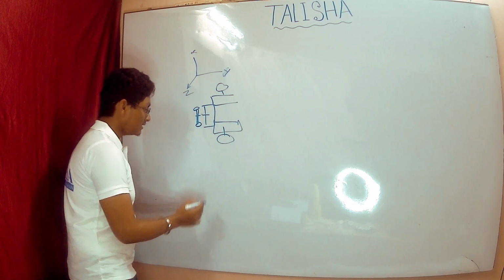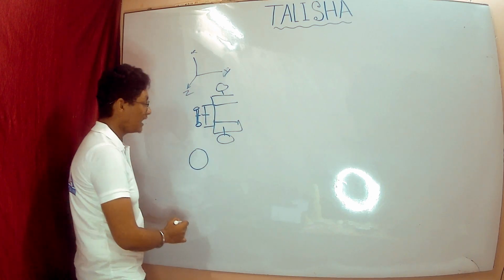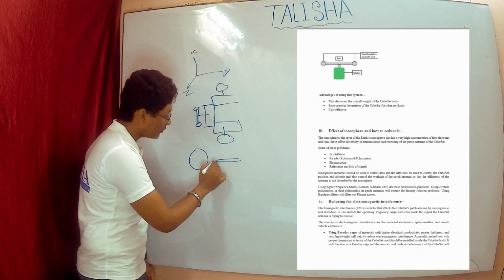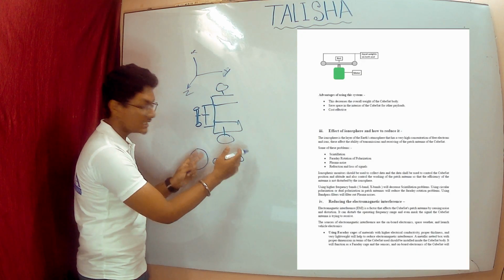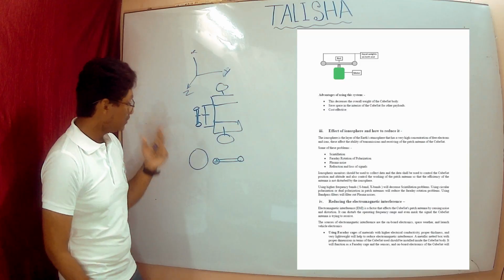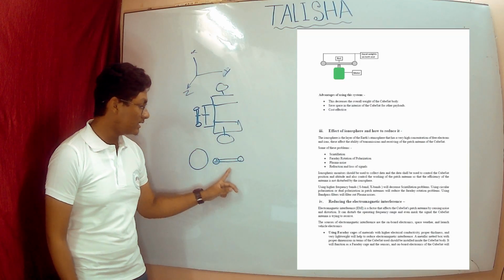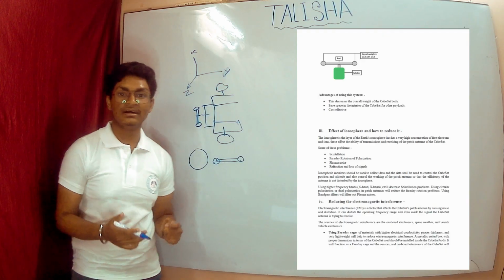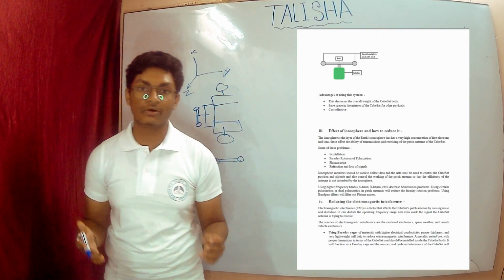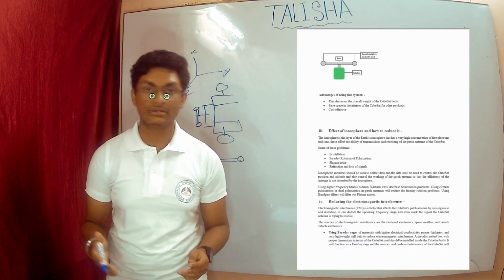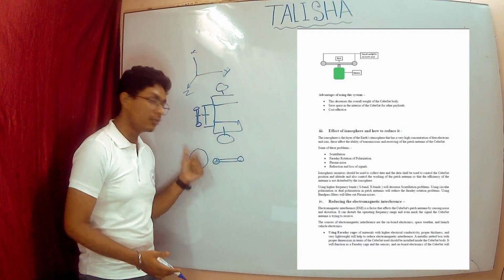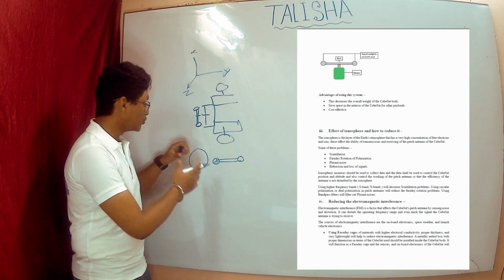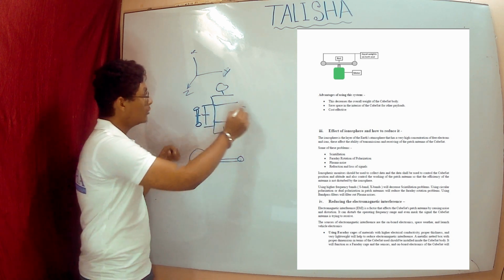So for comparison, first we have taken a whole wheel, and in this modified version we are taking just a kind of rod and attaching two equal weights at the end. So this is more weighted and this will be less weighted. And now how the reaction wheel works: its working is based on the principle of conservation of angular momentum. When this reaction wheel rotates, then there is some momentum generated. So to conserve that momentum, the whole Cubesat body,